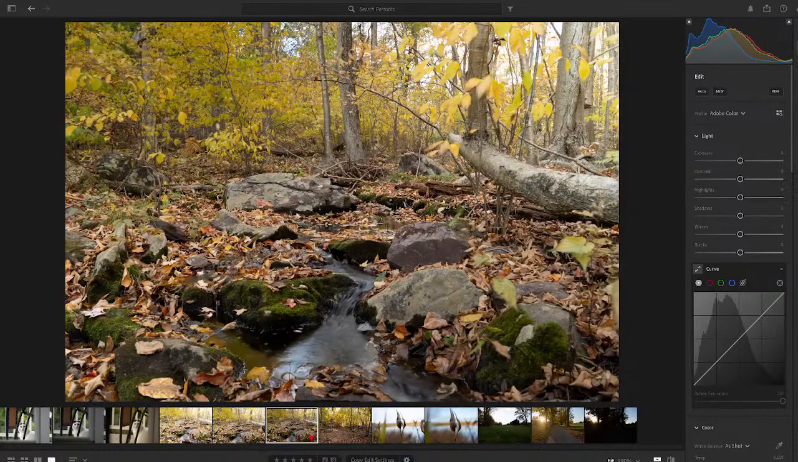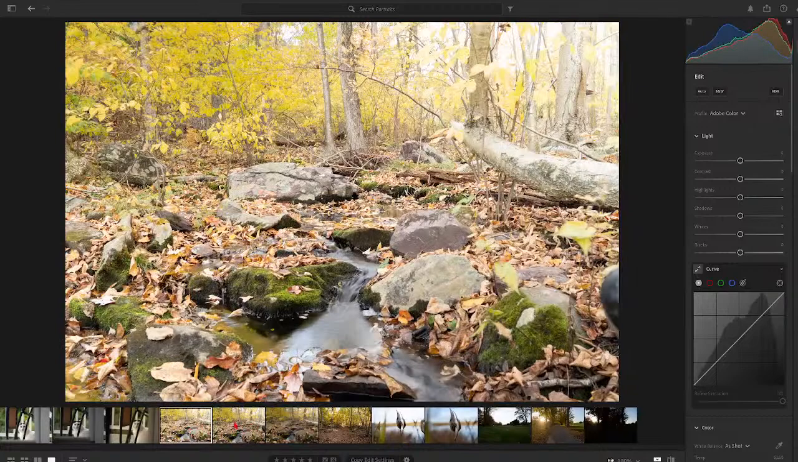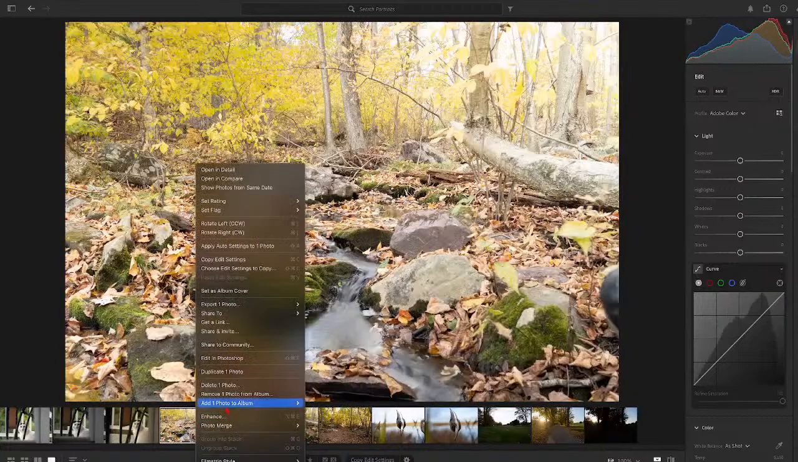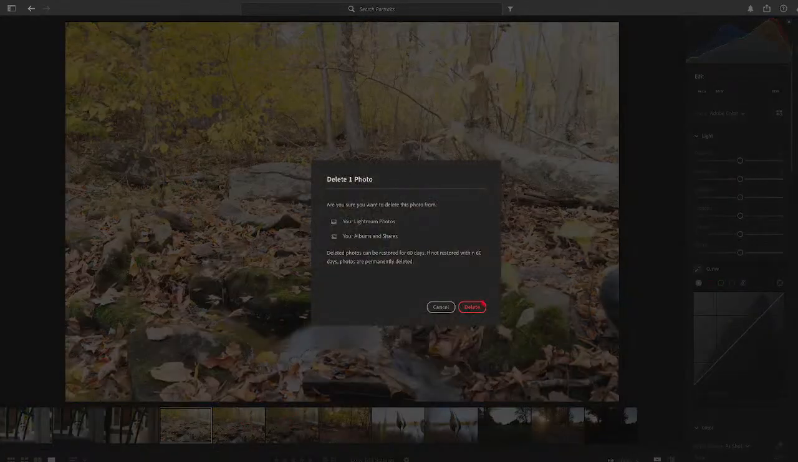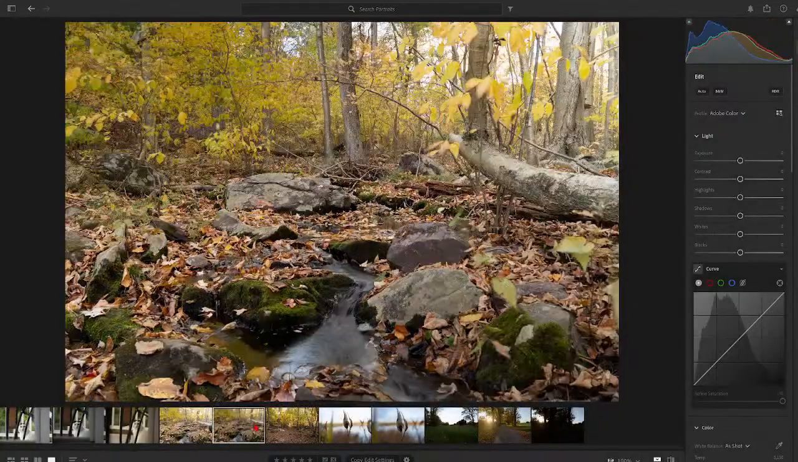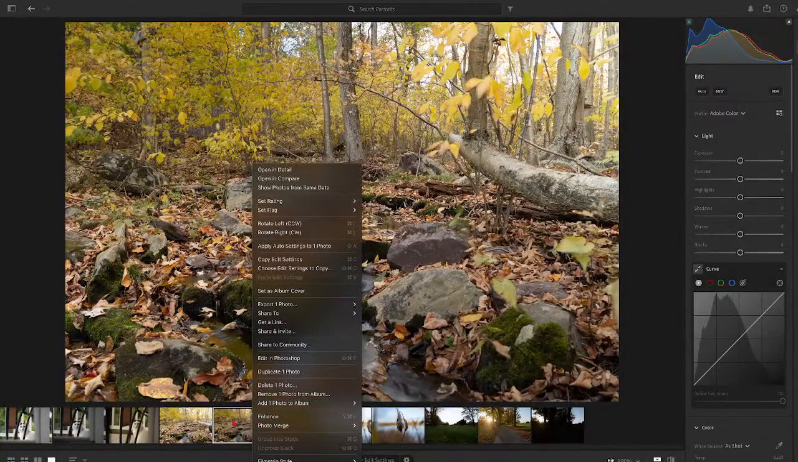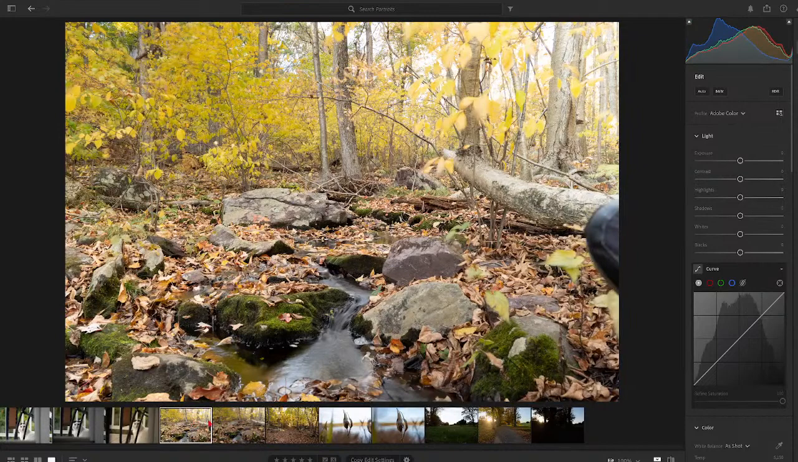I took the same picture again, so I'm just going to work with one of these. I think I like this one. So I'm going to delete that one and delete this one. The reason I chose this one is, in camera, this is the one that has the